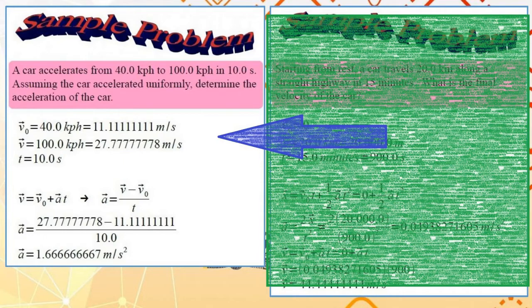Assuming positive direction, the initial velocity is positive 40 kilometers per hour. That gives us 11.1111 and so on meters per second. The final velocity, therefore, is positive 100 kilometers per hour or